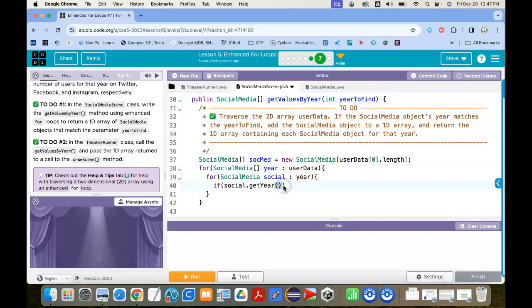So I can use equals there because that's an int. If that's the case,